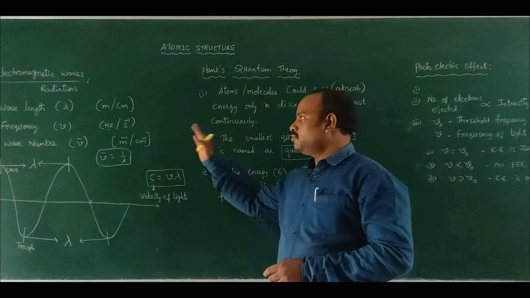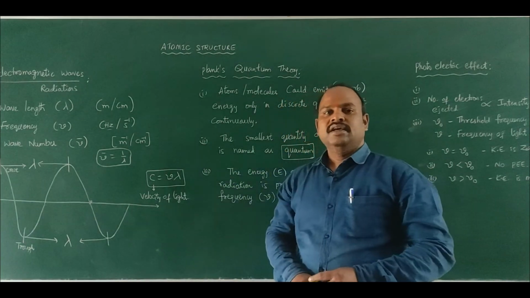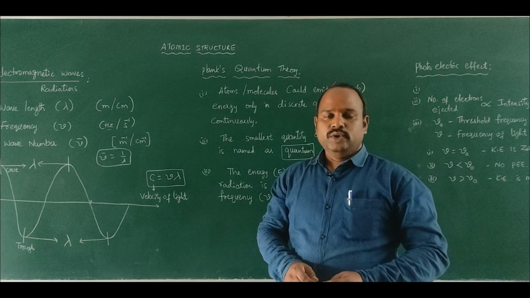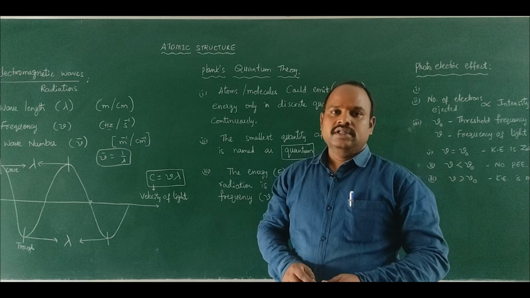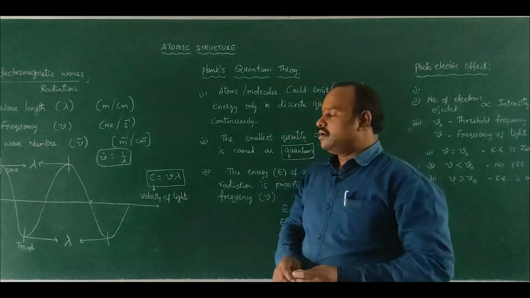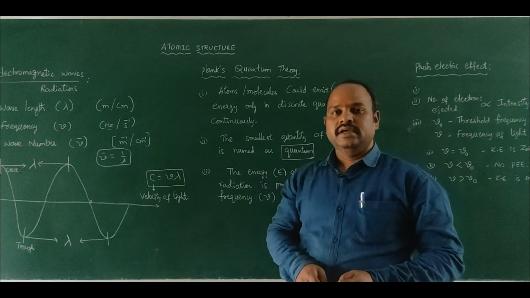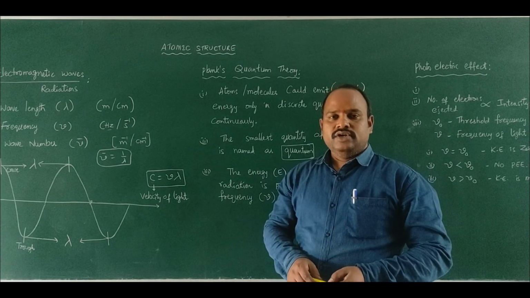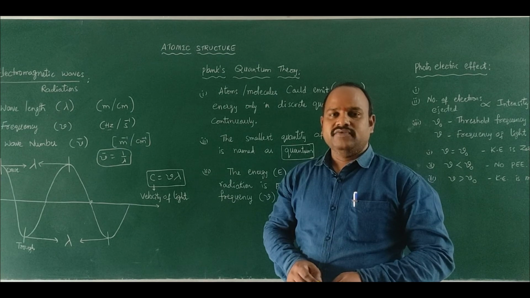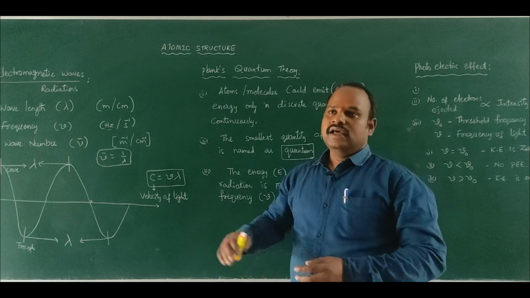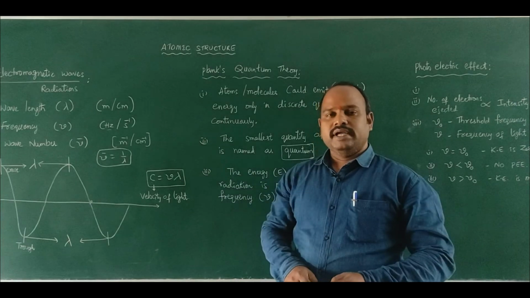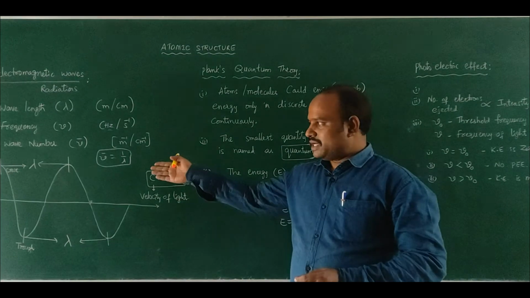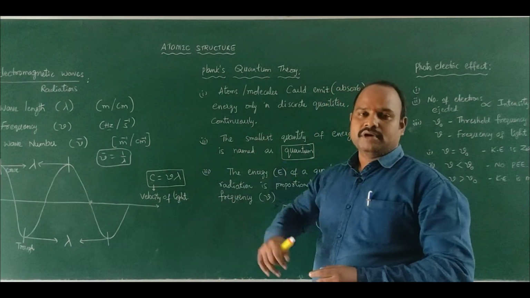So based on these two properties, we can justify that matter has a dual behavior, or the energy absorbed or emitted has a dual nature. That is named as the dual nature or dual behavior of electromagnetic waves. That indicates electromagnetic waves have wave-like properties as well as particle-like properties.